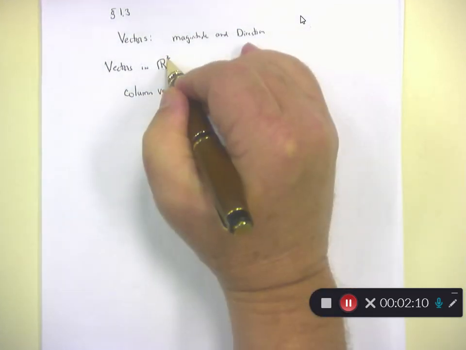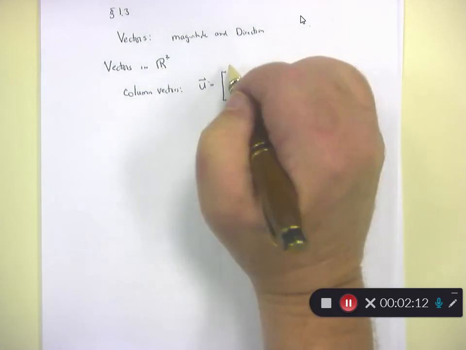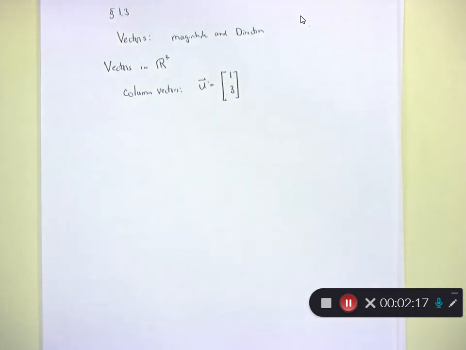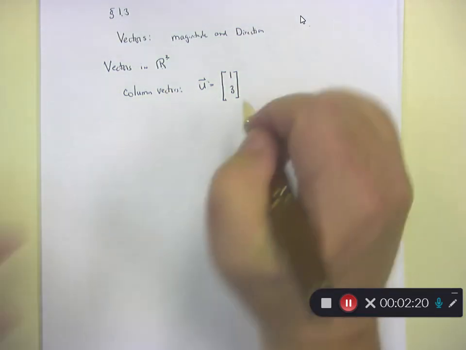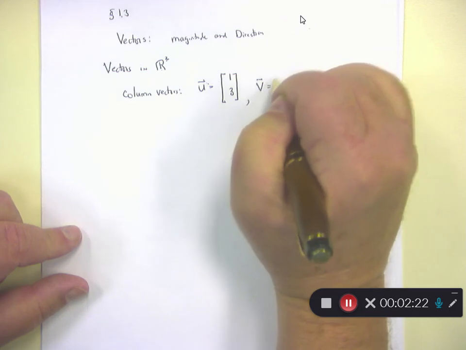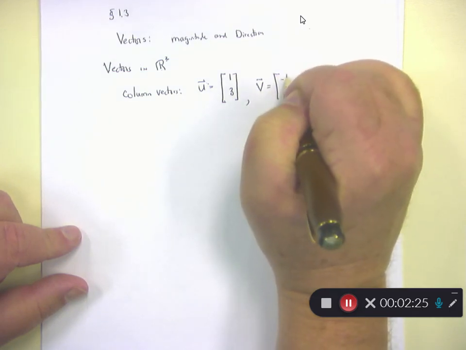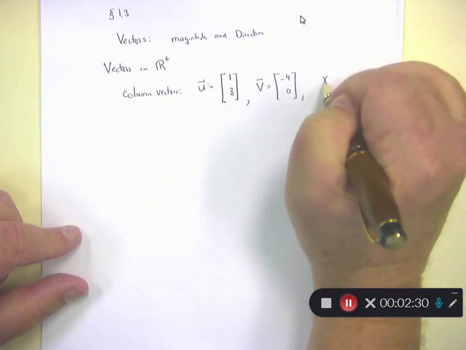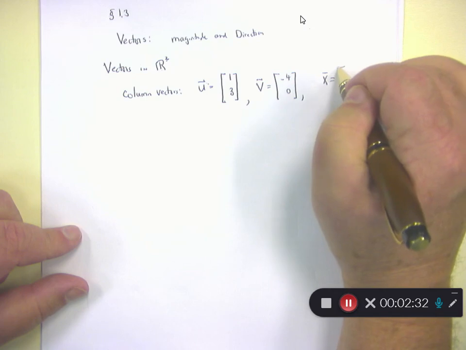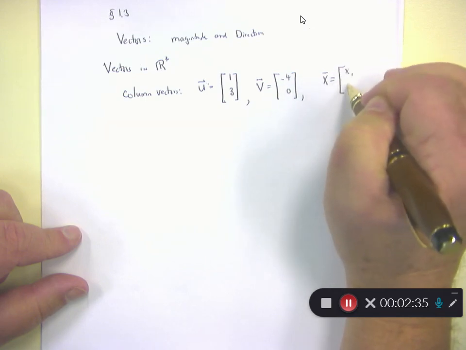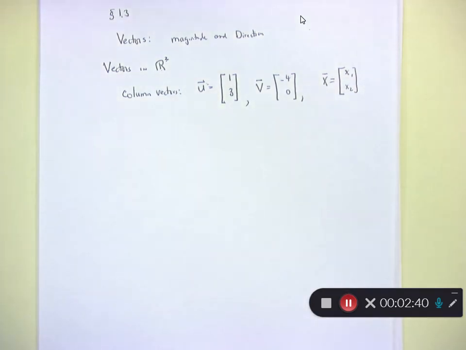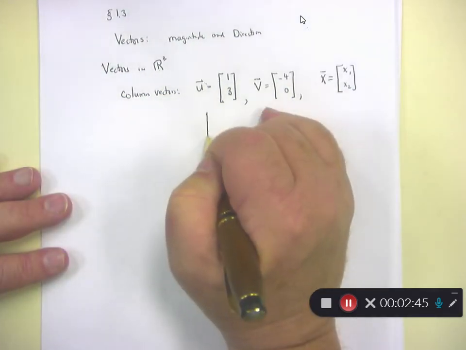So this is a 2-dimensional component, R2. So I have something like 1, 3. That is a column vector. Okay, 1, 3. Let me give you another one. V is going to be the vector -4, 0. And, you know, you can have an arbitrary vector. Let's call them the x vector. Notice the little bar above it. And there'll be the components x1, x2, or maybe x, y, whatever variables you want to write on this stuff. Okay? So, if you draw these guys out,